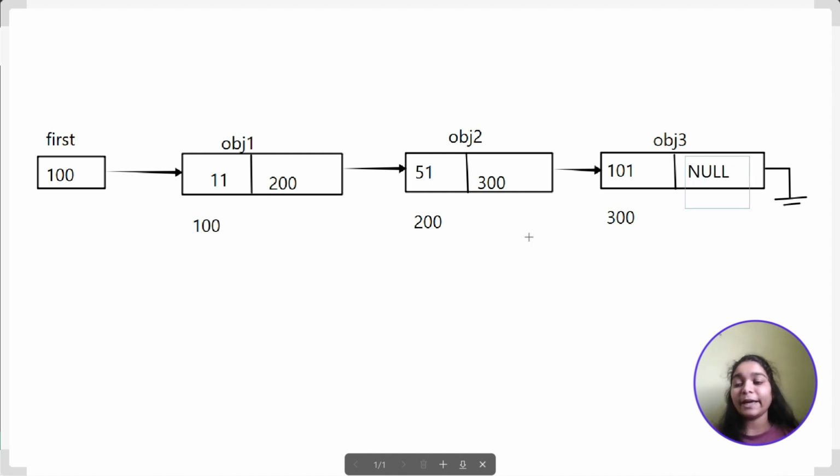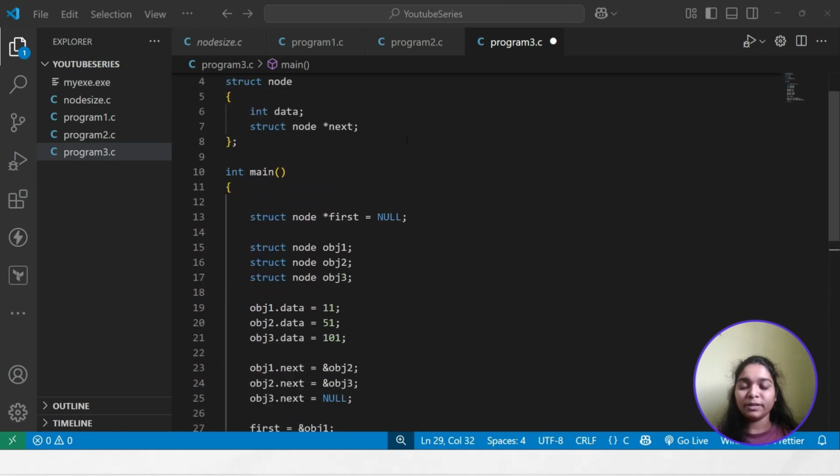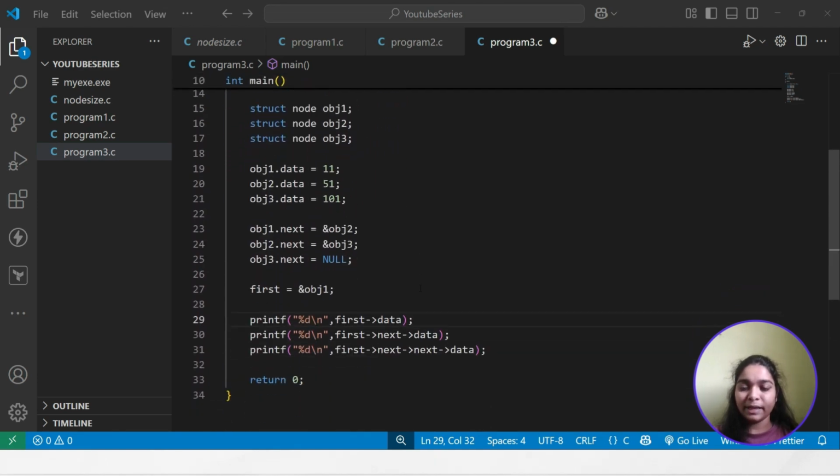So this is the diagram for our third code, in which here is the first pointer, which takes the address of object one, and then object one takes the address of object two, and finally object three. So this is how we create a linked list of three nodes and access data, by the next pointer. So now let's move toward the code. I hope now you understand the whole code, how to access its elements and how to visualize the linked list. Now just save your